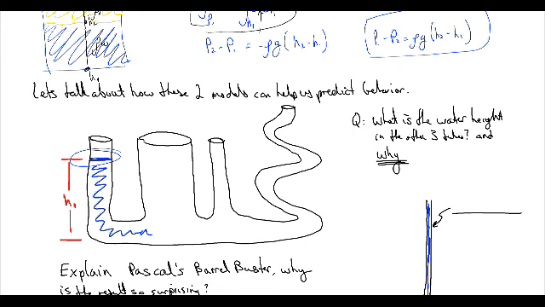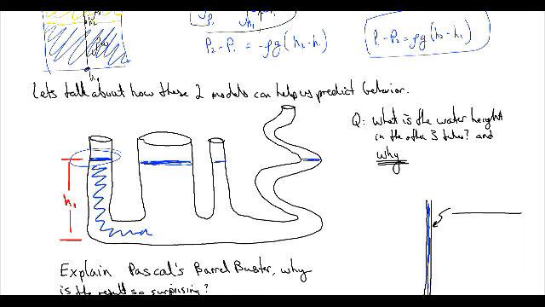Now, intuitively, we know that if we fill up this tube and we have a U tube, the water height stays the same, doesn't matter what the diameter of the other one is. Doesn't matter what the diameter is, the water height stays the same. In here, it doesn't matter what the path is that it takes to get to it, the water height stays the same. And the reason for this is that